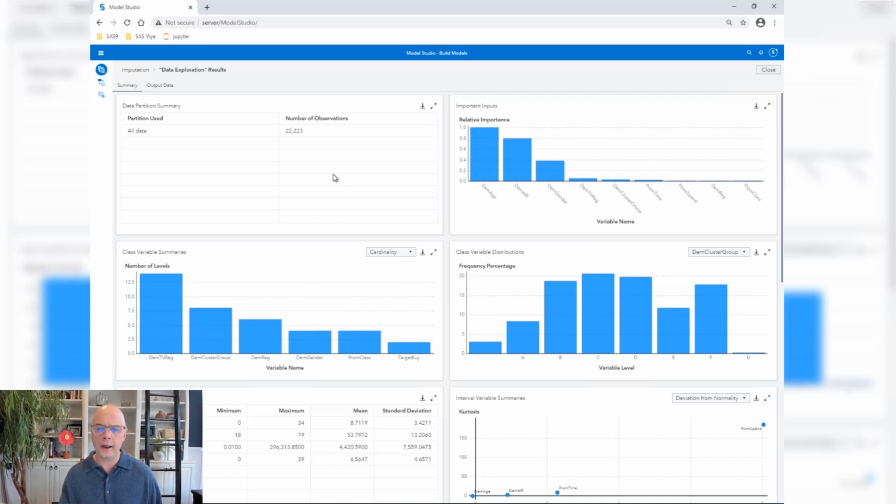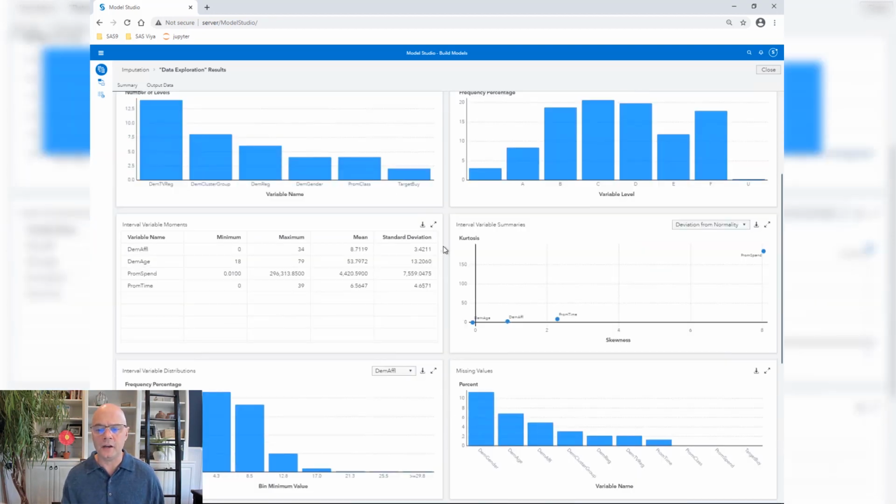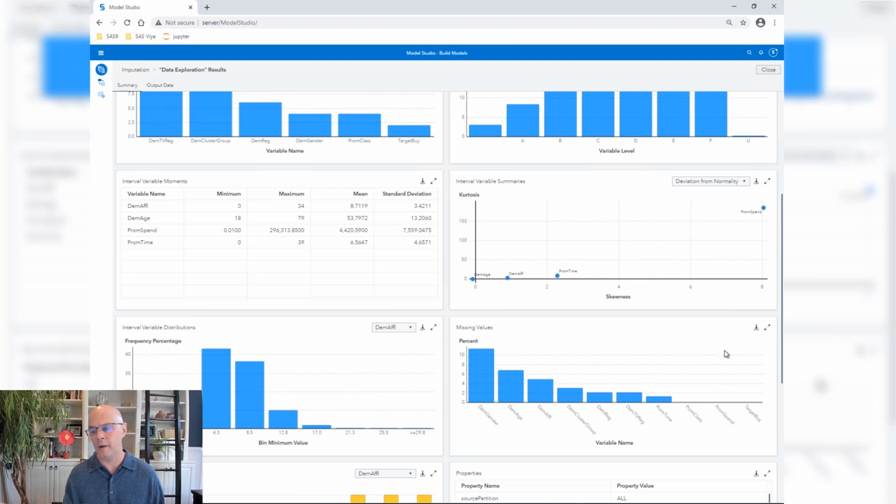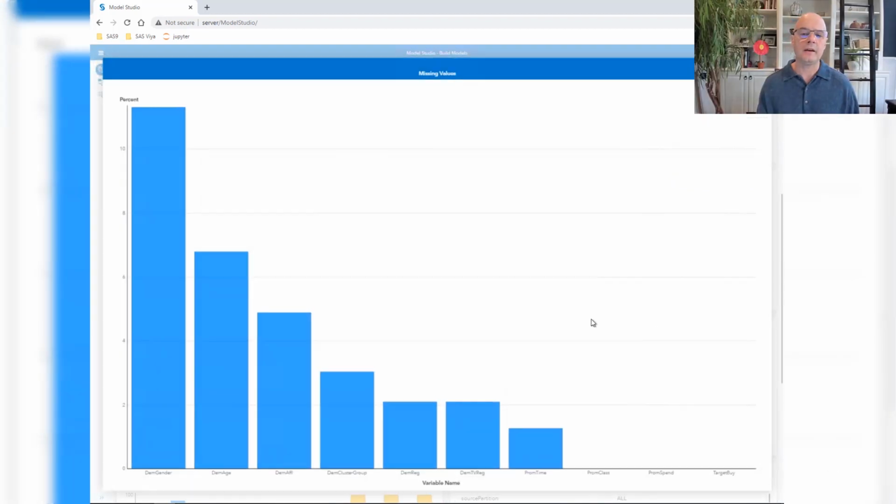Let me scroll down and find a chart that summarizes missing information. Let me maximize the table called missing values. In this plot, on the horizontal axis, we see the variables that contain missingness ranked by the amount or percentage of missing that they have.